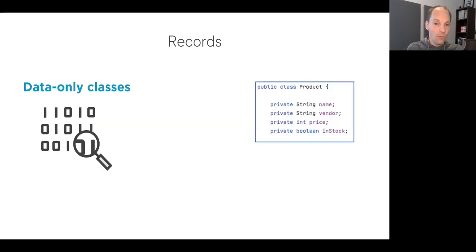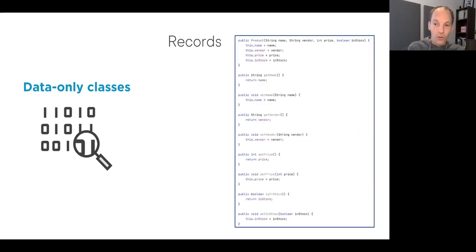Now, I can really say that this is a long anticipated feature. What is it all about? Well, in Java, we often have classes that we only create to just hold some data. And these plain data holders start out as a class, and there we define the fields of this data. And theoretically, this should be enough for us to define the essence of what we want to do. But to get a real working class that contains some data, we obviously need a lot more code in Java.